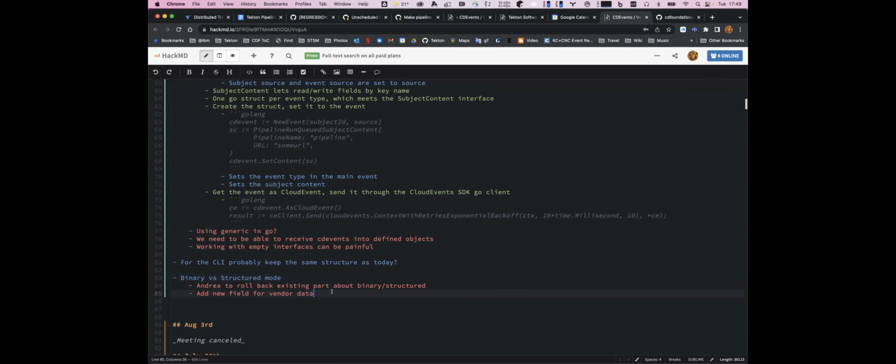I mean, they have a concept of extensions, so you can define CloudEvent extensions. You basically define CE-dash-something fields, and those somethings are your fields. But I think it becomes a bit cumbersome to include everything in such extensions. We could have a very large number of extensions, because we would need multiple ones for each event type, or we could